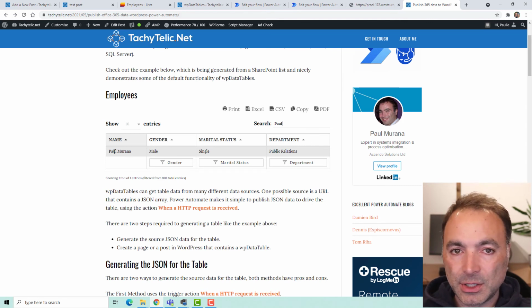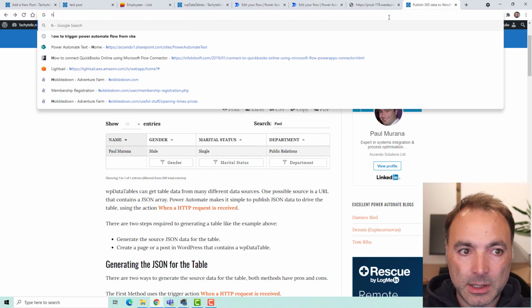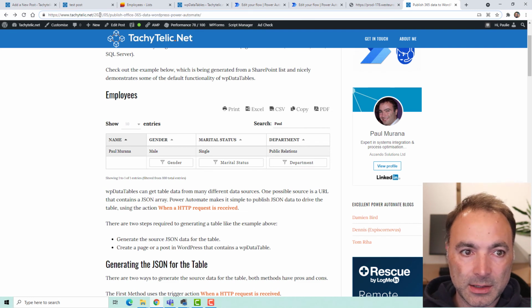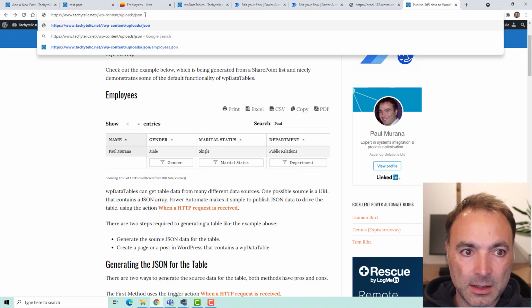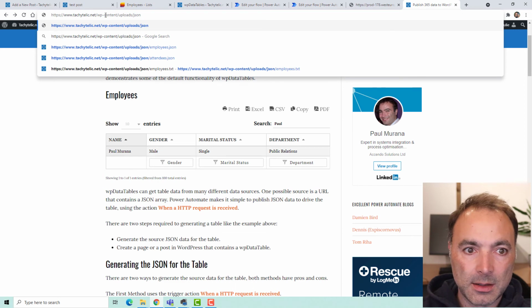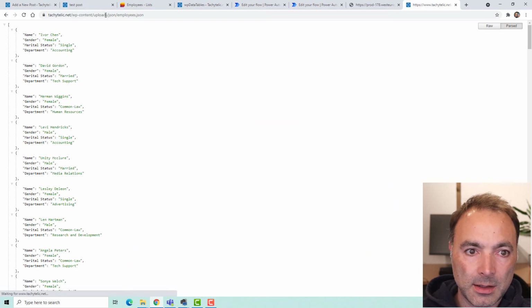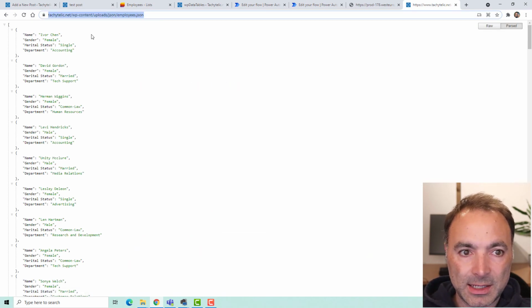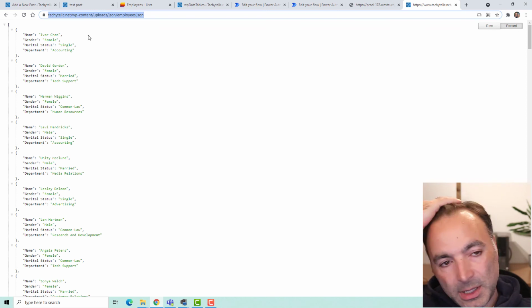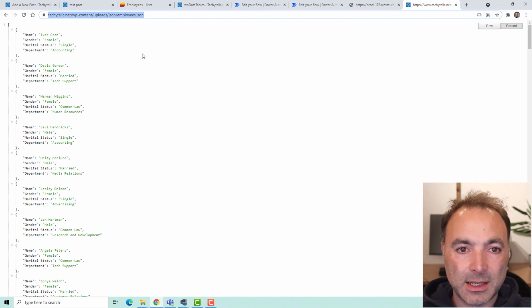So there are advantages to both, but when you actually generate the table, you're just going to put this in instead of that flow URL that I showed you at the beginning when we created the first table.